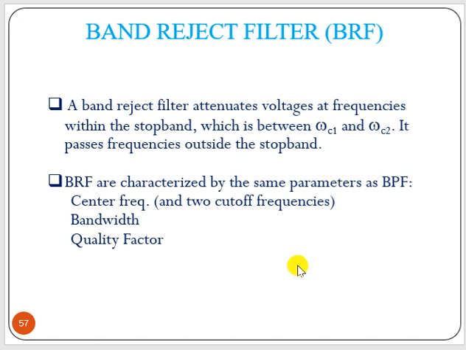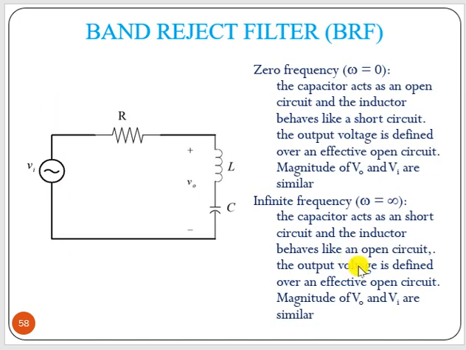Now band reject filter attenuates voltages at frequencies within the stop band, which is between omega C1 and omega C2 cutoff frequencies. It passes frequencies outside the stop band. So it also has center frequency, cutoff frequency, bandwidth and quality factor, similar to band pass filter. Now in case of RLC circuit, if you remember, when we take the output from the resistor, with L and C connected here, we get the band pass filter. Now if we take output from this L and C, we will get